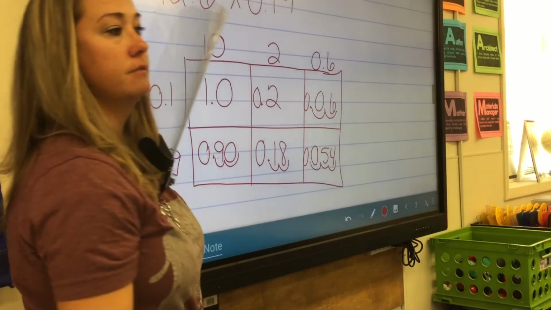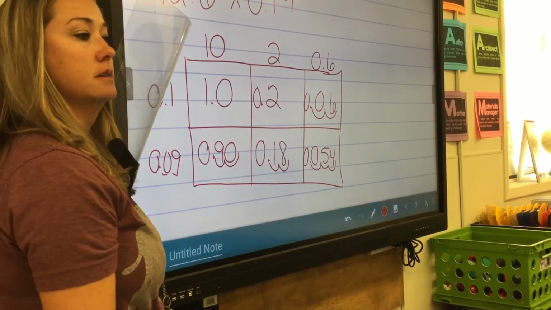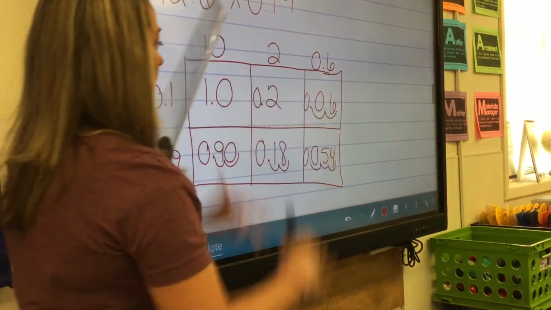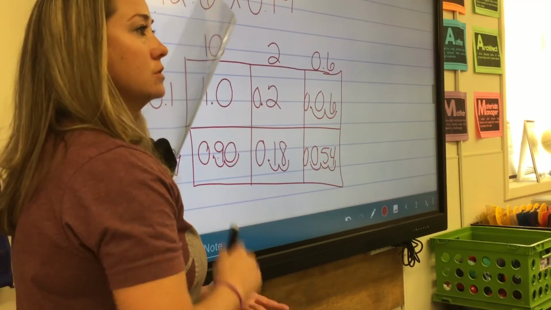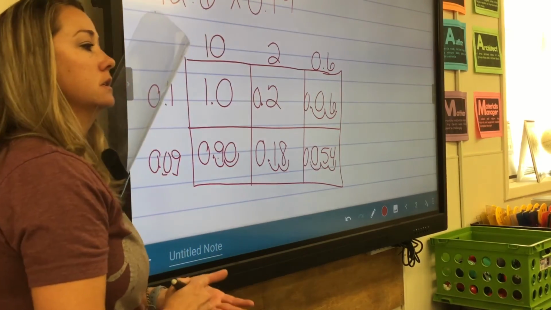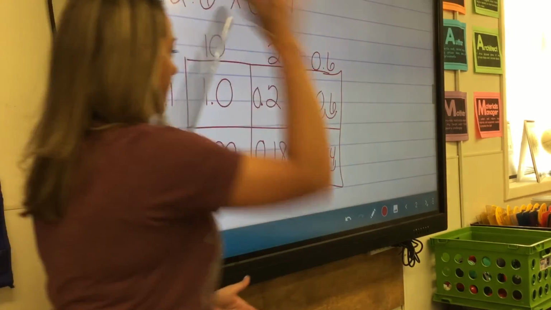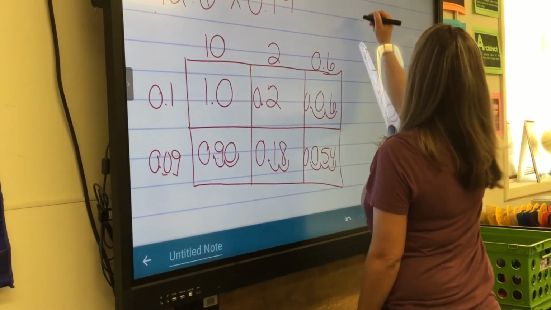Now, what do I have to do when I'm dealing with partial products, guys? You want to add them all together. I've got to add them all together. When I'm adding decimals, what do I have to do with my decimals? Line them up. I've got to line them up. So here I have